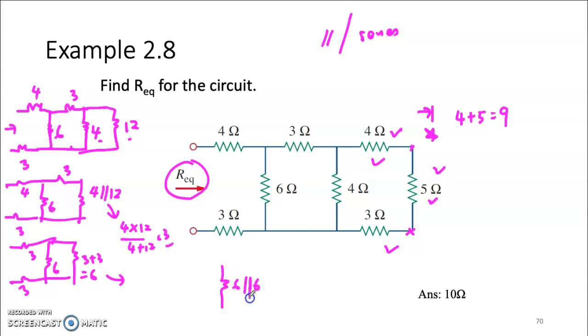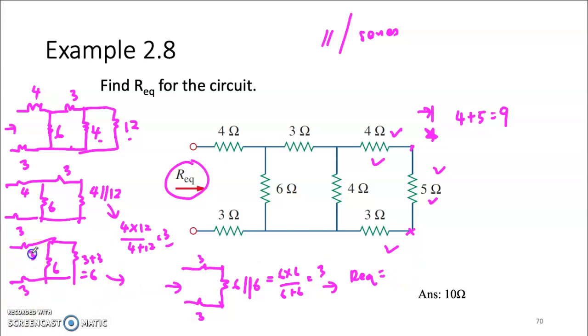This is parallel. This is 3 and this is also 3, and you look from here. So now what is 6 times 6 over 6 plus 6? You can get 3. 36 over 12 is 3, right? So what is the final equivalent? So now look at 4, 3, and 3. They are sharing only one node together. So you can say R equivalent equals